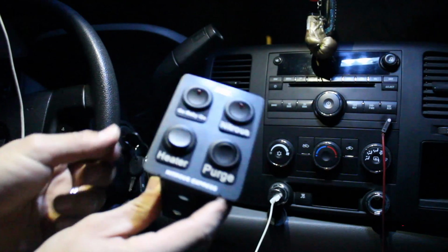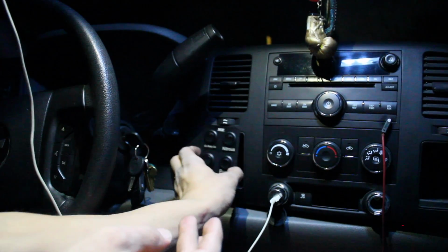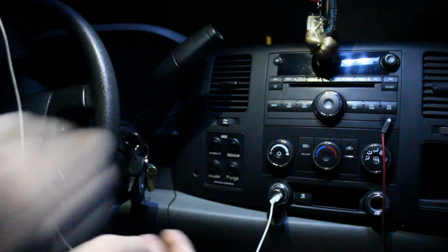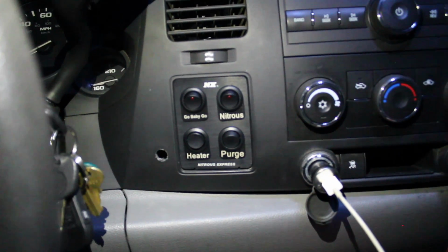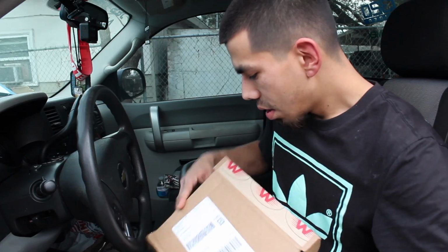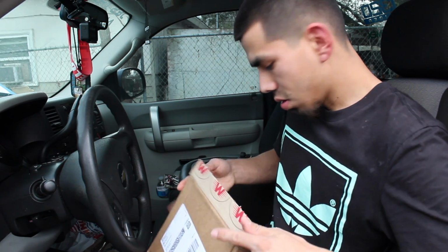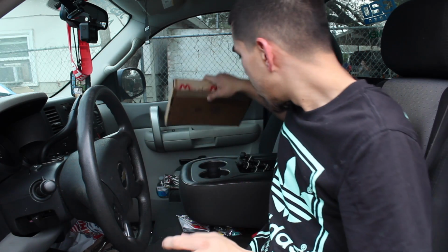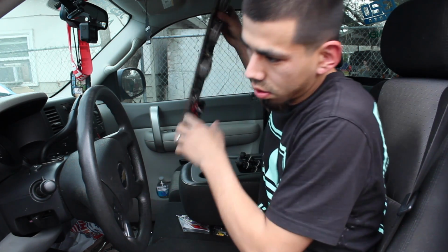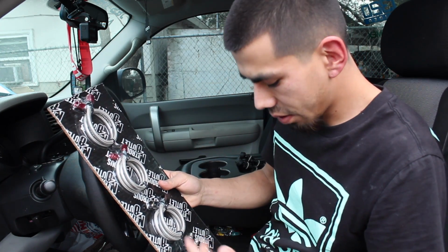So that's how it's gonna look. It'll look just like this. I like my lighting right here. I got my phone up here on the visor. But that's how it's gonna look right there, which is pretty nice. But anyways, so today I am going to be working on the stuff under the hood,